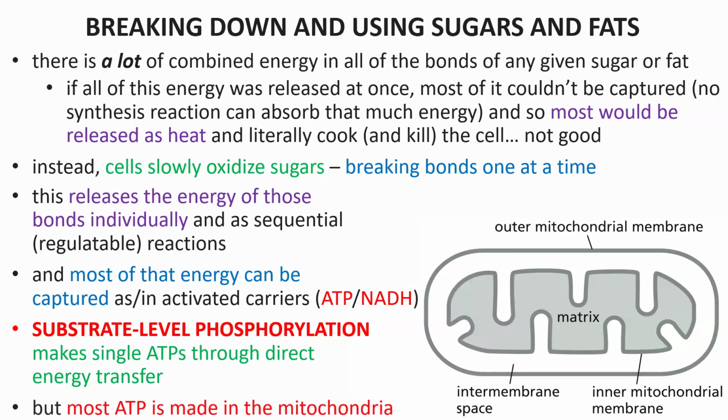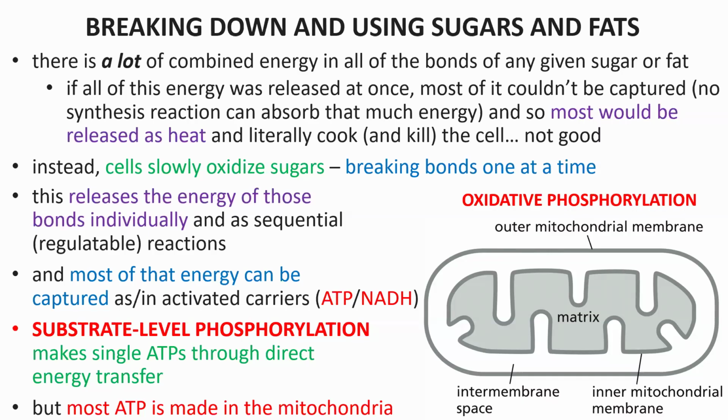That's to be contrasted with oxidative phosphorylation. Oxidative phosphorylation occurs in the mitochondria, and this is where we use the energy of oxidation, the energy of electrons, right? That's what an oxidation reaction is. It's the theft of electrons. We use the energy of electrons to make lots and lots of ATP all at once.